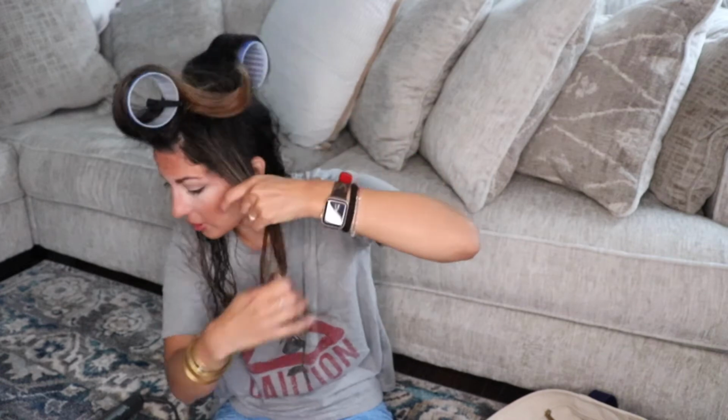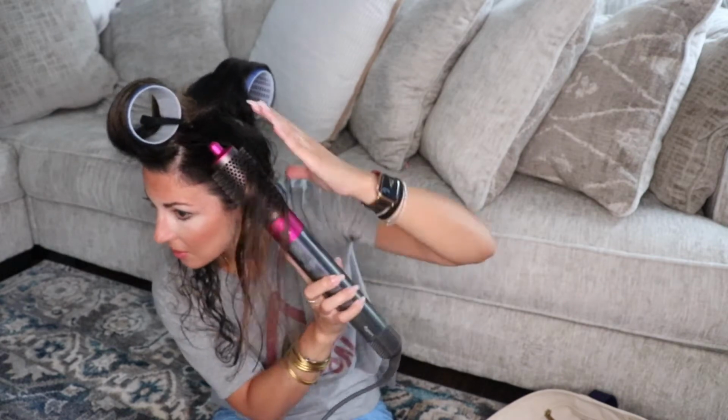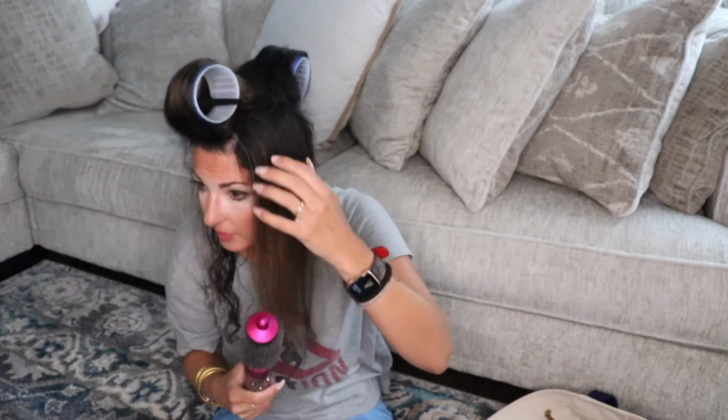You don't need a lot because this is a small round brush, remember that? The trick is too, when you're working with curly hair, you want tension and you want a straight, sleek look. You want to go down. You don't want to really go up your hair just because of the frizz. But see, look at this, it's a nice blow dried look. All right, so